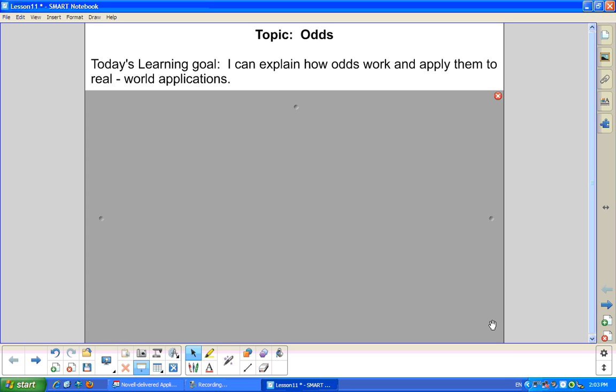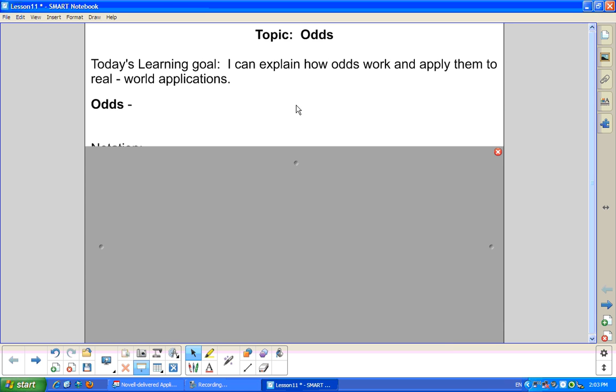Odds are the topic, and our learning goal for today is, after we've done the note and the homework, can I explain how odds work and apply them to real-world applications? We see odds every day. We talk about odds, or you hear them talked about, mostly in the gambling sense. So when we look at the odds